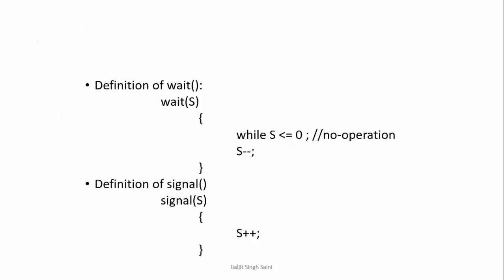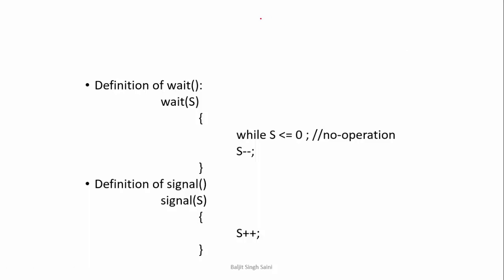Now this is the definition of wait and signal. So what happens in wait is that we will issue wait before the critical section. So in wait we'll check whether some other process is in the critical section or not. If any process is in the critical section, then the current process will wait and will not enter the critical section. Now once you are able to enter the critical section, in the exit section we will use the signal. So signal is nothing but just to signal all other processes that the current process is out of the critical section and any other process which wishes to enter the critical section can do so now. So let us see how this works.